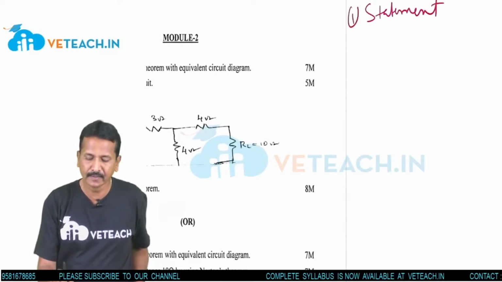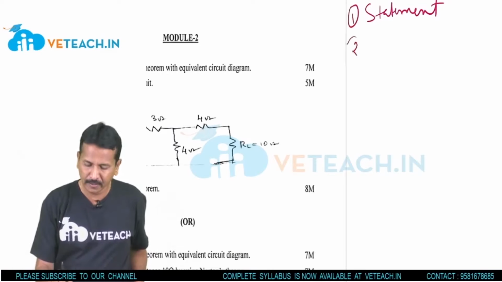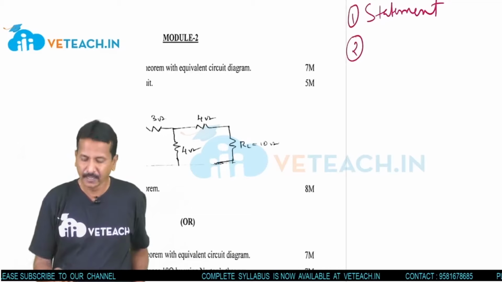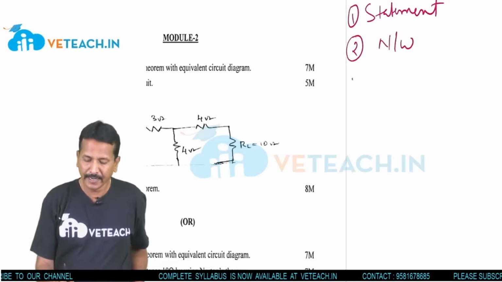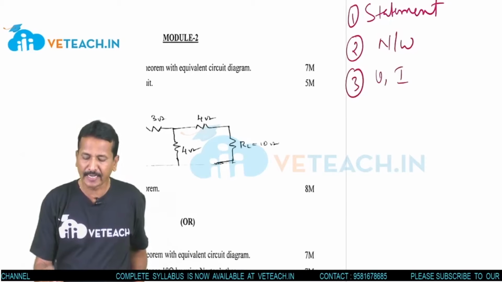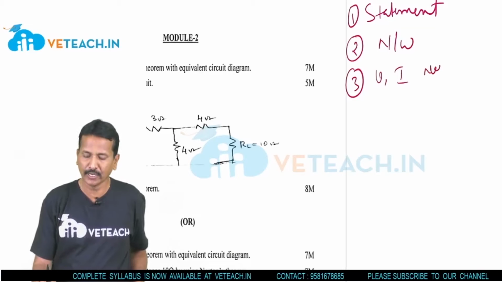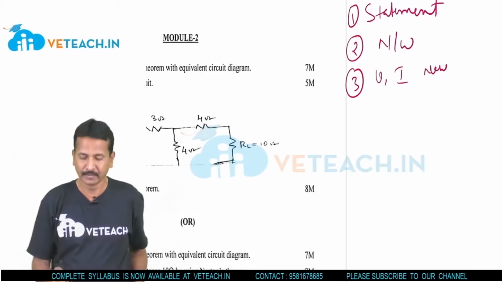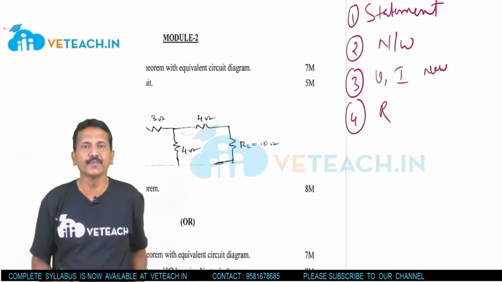First one is statement. Okay, next. A network will be given, and the problem will be on that network. In the network, we have to find new voltage or current values, not the existing ones, right? And new resistance values,